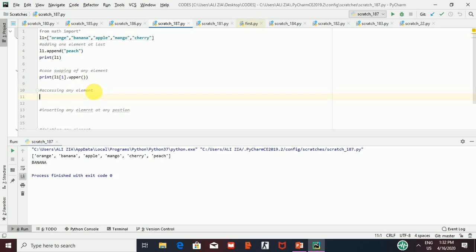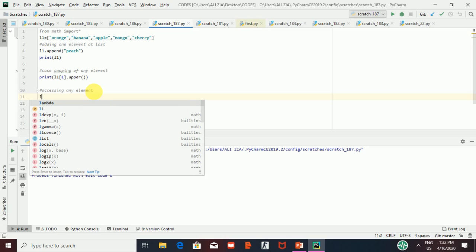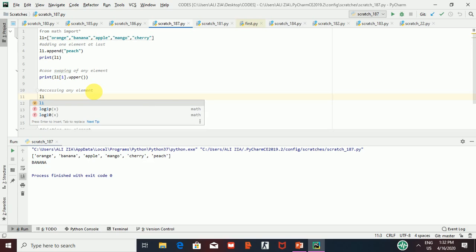Now I want to access any particular element in a list. So what I have to do is I would like to write L1 and then I would like to write 0.